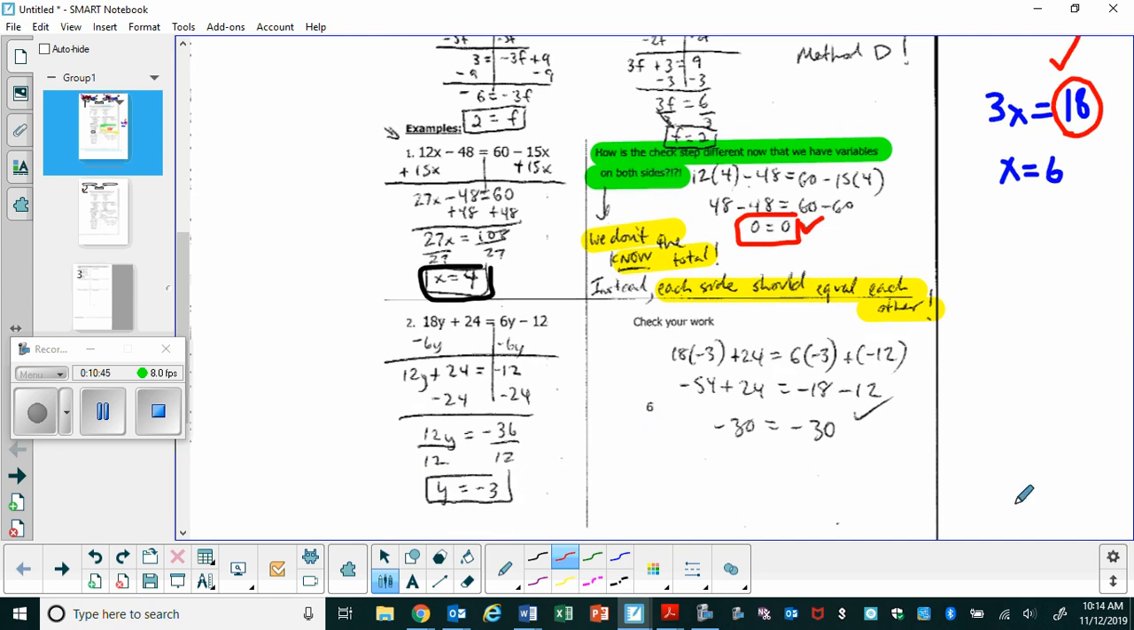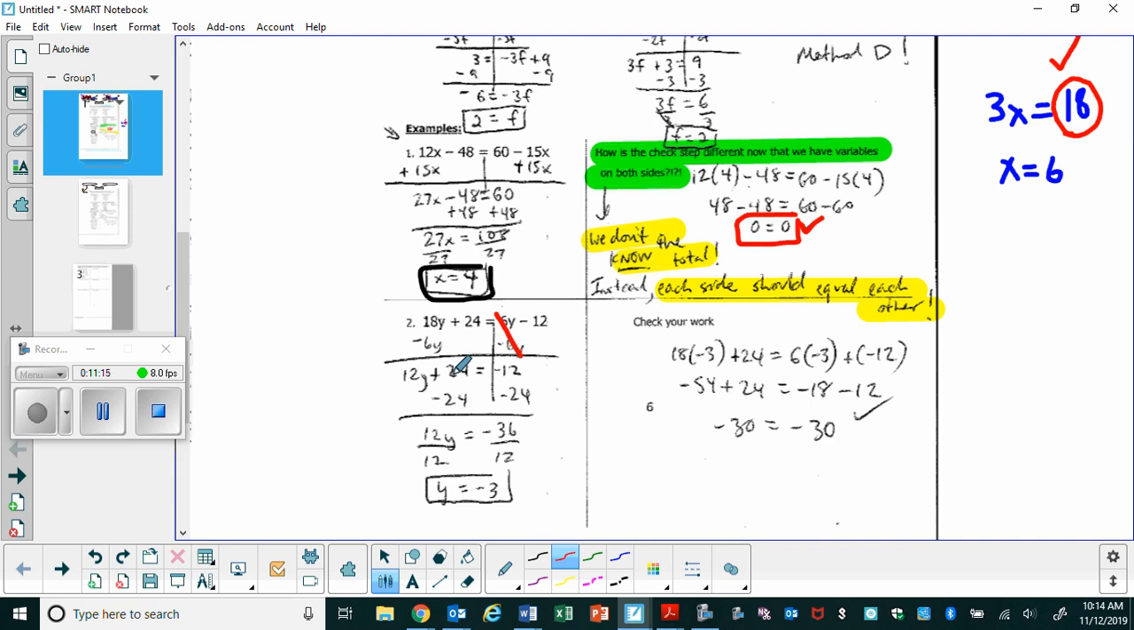All right, I'm going to walk you through this next example here, number 2. So you've got 18y plus 24 equals 6y minus 12. Now you have a variable on both sides, so between 18 and 6, which is the smaller number? 6. So since we have a positive 6y, we're going to subtract 6y on both sides. This cancels out, and we're left with a negative 12 over here. You have 18y's minus 6y's on this side, which is going to be 12y's, and then I just bring down the